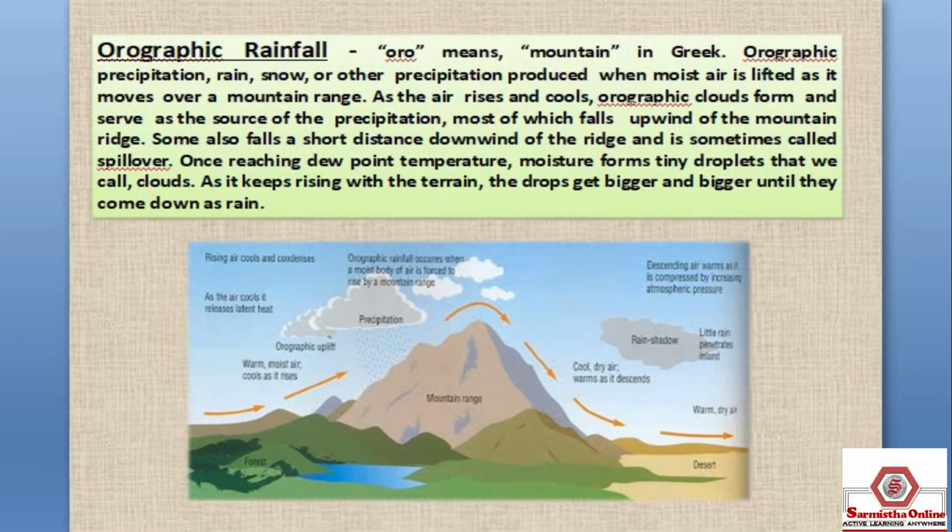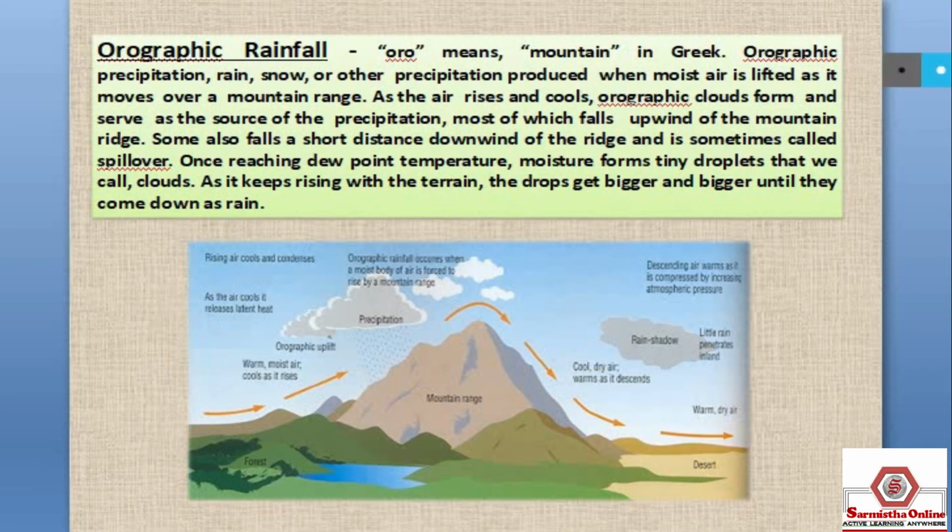Next is the orographic rainfall. The oro here means the mountain, and the presence of mountain is a major factor for the orographic rainfall. This orographic rainfall is produced due to the collision of moisture-laden wind with the mountain slope. As the air rises and cools, the orographic clouds form and serve as the source of precipitation, most of which